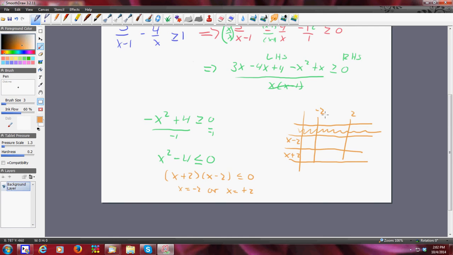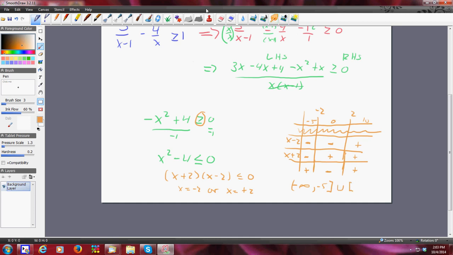So if it's less than negative 2, like negative 5, this will be negative, this will be negative, and this will be positive. If it's between negative 2 and 2, such as 0, I would get a negative and a positive, which is negative. And if it's greater than 2, such as 10, I'd get a positive and a positive, which is positive. I want my answer to be greater than or equal to 0. So it's going to be from negative infinity to negative 5, or,